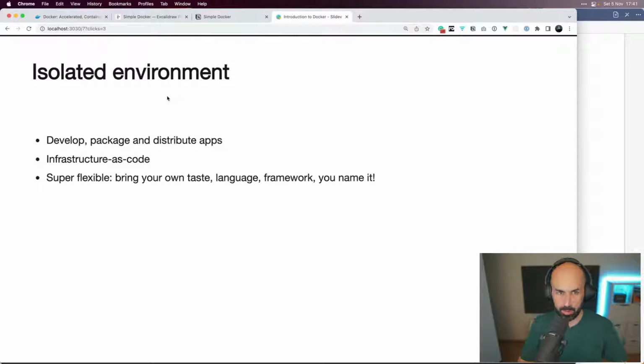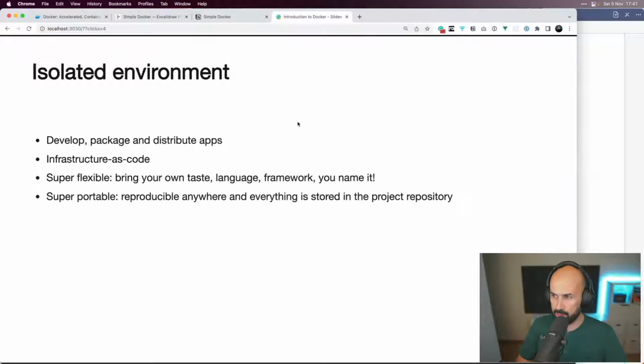It's super flexible because you can bring your own taste, your own opinions about how you do stuff, your language, your framework of choice, you name it. You can customize almost everything, right? So it's super portable, as everything is stored in the repository. We can reproduce it anywhere and very easily port it between places.